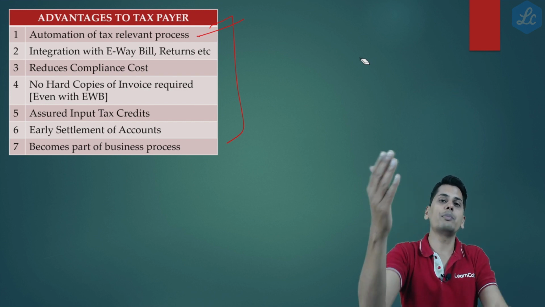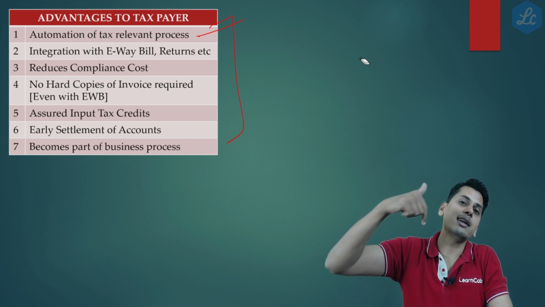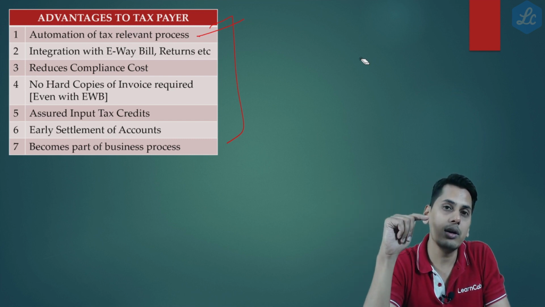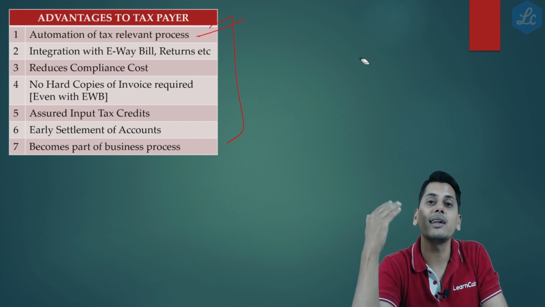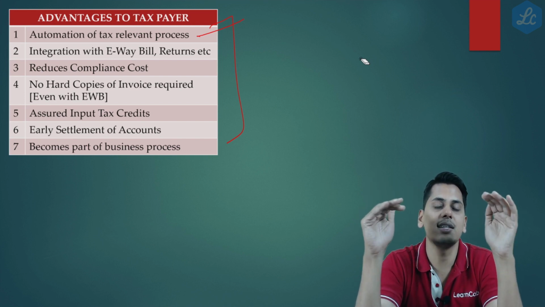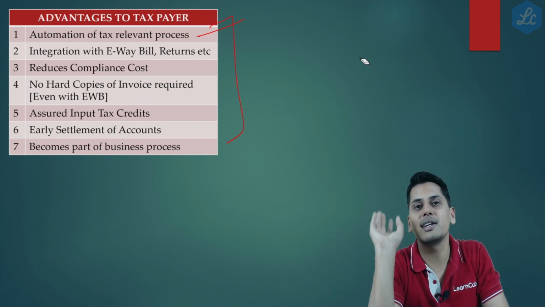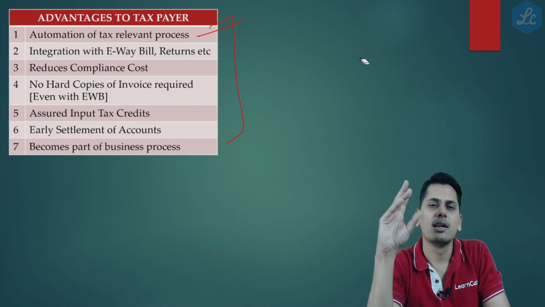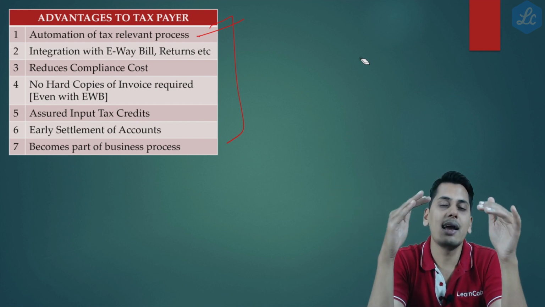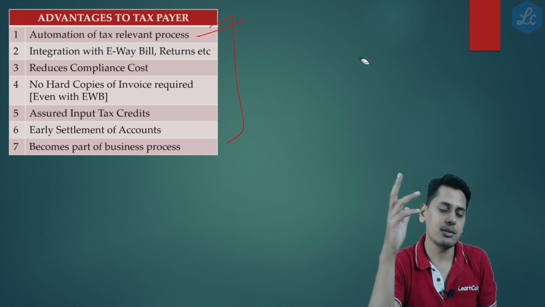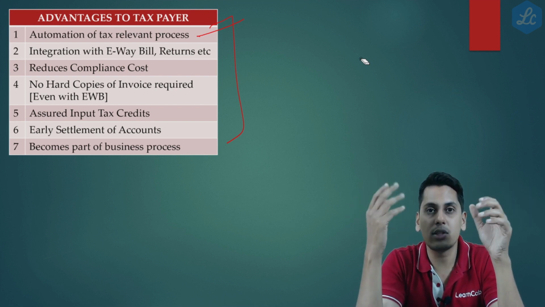Now what happens? The moment you obtain an invoice reference number, you report it to the invoice registration portal. There, automatically it will go into your GSTR 1. If you want to generate an e-way bill, automatically it would go to the e-way bill portal, and also it would automatically go and sit in the recipient's GSTR 2A. So friends, wherever the sequence is reversed, first report and then generate an invoice, in those cases the compliance work becomes part and parcel of the business process. And also friends, it is easier to clear the pending bills of this particular invoice.